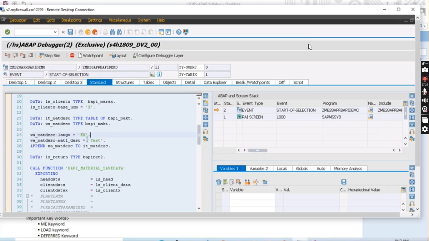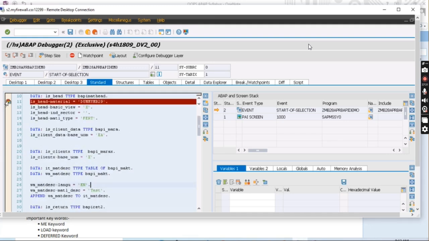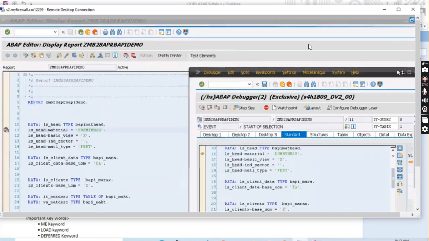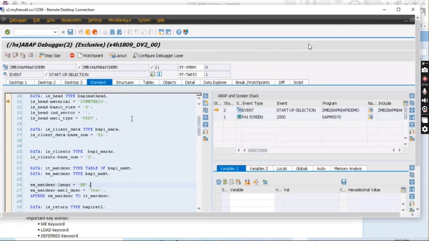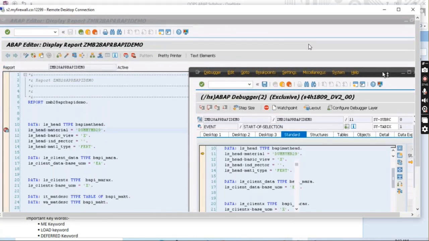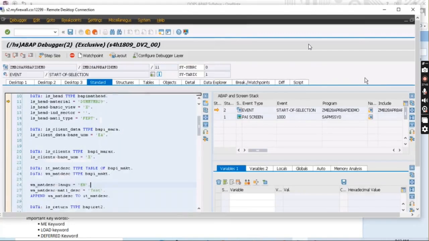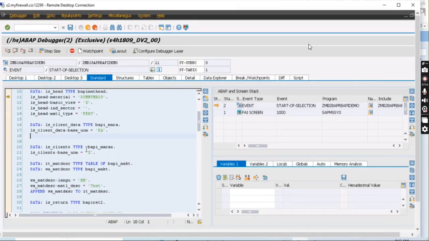One more point over here. Suppose you have removed the session breakpoint from here. You are here in the debugger session. Has this breakpoint been removed permanently? Can any one of you tell me? If I come out from this program, will I be able to see that particular session breakpoint or not? Yes, we can see that particular session breakpoint here.